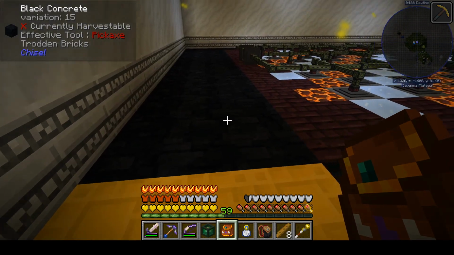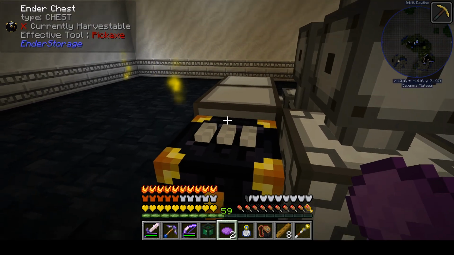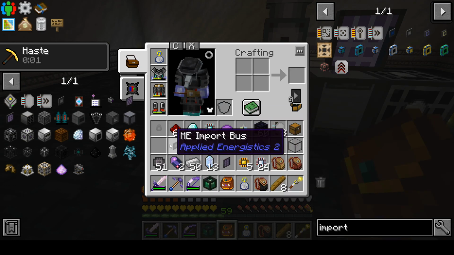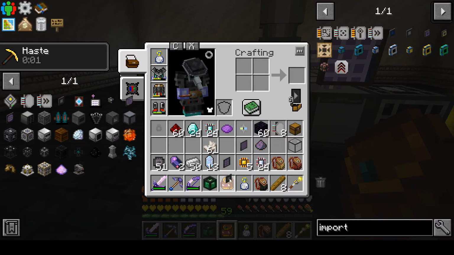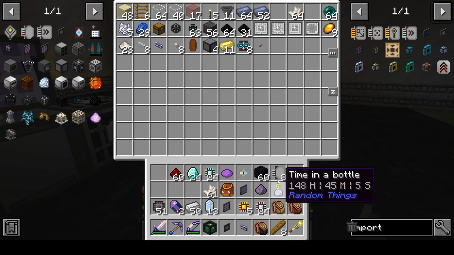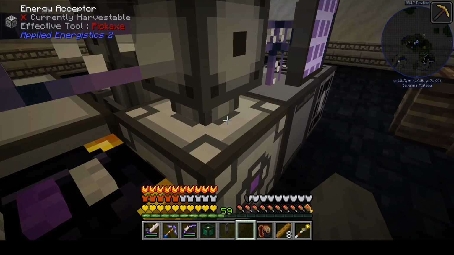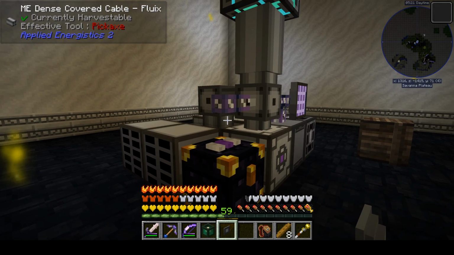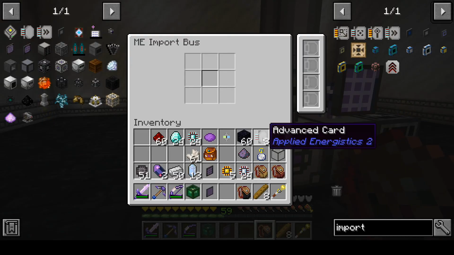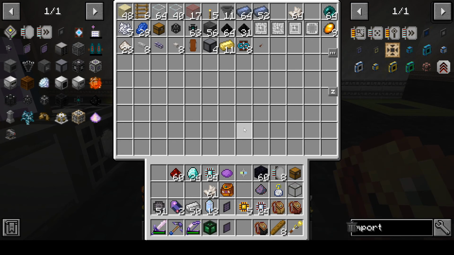So now, go down here. We got this guy. We're going to change its channel by clicking on that button with a purple dye. So now, let's go ahead and do the import bus. So grab one more of these. This is not going to be the final configuration. This is just slapping everything together to make sure it works. I forgot to make these into acceleration cards. Do I have enough crystals? No. So we need to make...